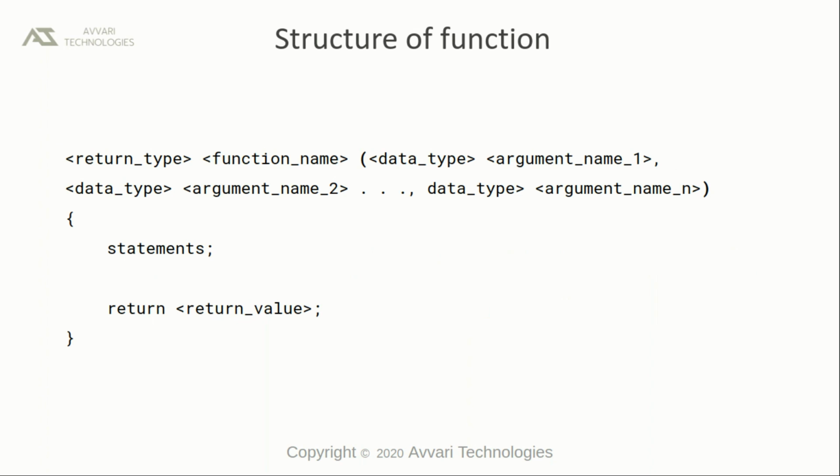Structure of a function, or we can call it as a syntax for defining a function. First, we will mention return type followed by function name. Within brackets, we are writing data type and argument name list. We could mention multiple data type and argument name list, then followed by block of statements with or without return value depending on what we mention at the beginning, and statements are enclosed within flower brackets, or we can call it as braces,